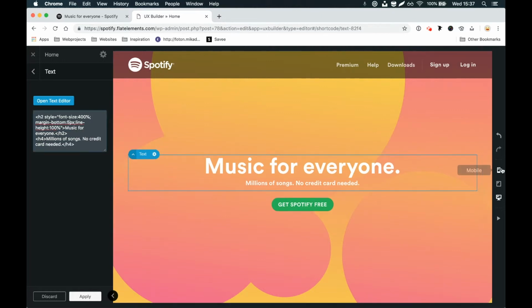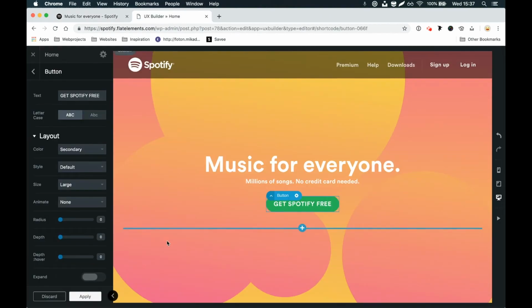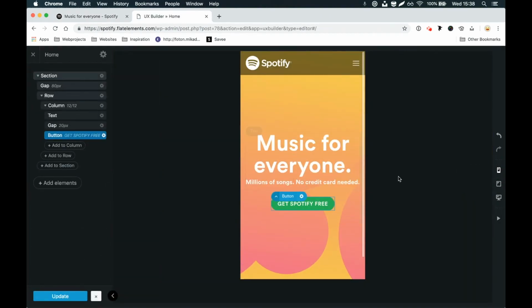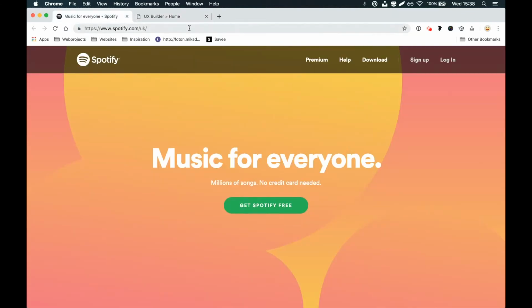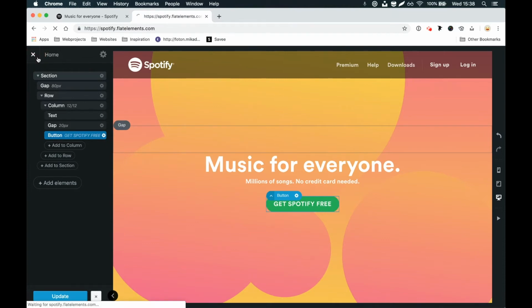And this should be enough. And let's get the button. We make that in the size large, because I think it's a little bit bigger, as you can see. So apply, update. And it's working now. It looks good. And I think it's a good starting point now to continue with the things that is below